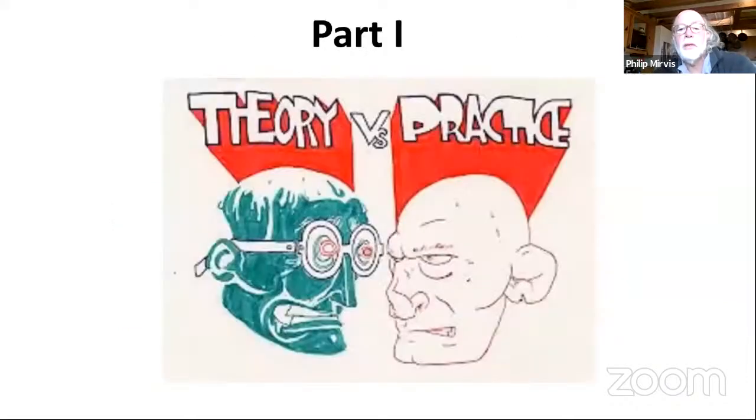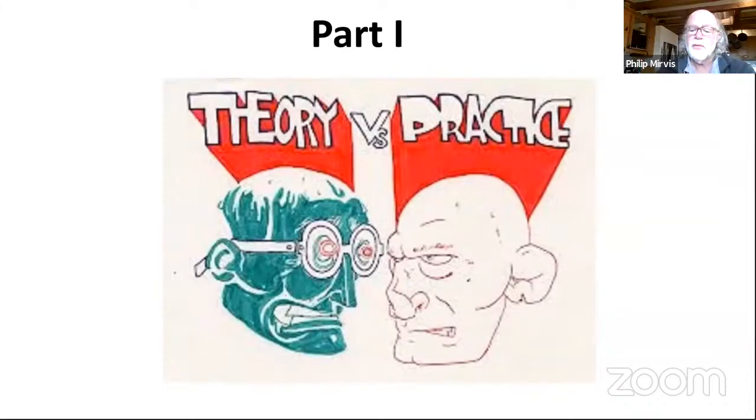So the theme of this first session, and there'll be 3 of them over the next several weeks, is kind of the basics of the battle between theory and practice, the irresistible force and the immovable object. And those of you who are new to the field may not realize that this has been an ongoing battle for 50 to 100 years, depending on how you're counting, of what is the purpose of our research? How do we do it? Who's it intended for? And so on.